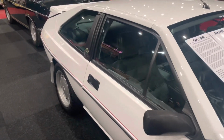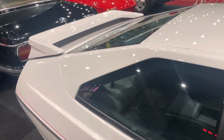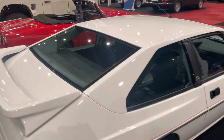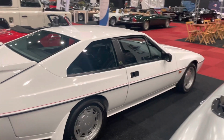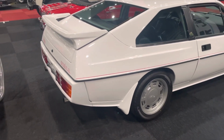Let's walk around here. It's an '88, right about 62,000, a little 63,000 miles. Two of our mechanics are here. I asked them about it, and they said excellent car. They've both driven it, gone through it. We'll have to get Rolf to see